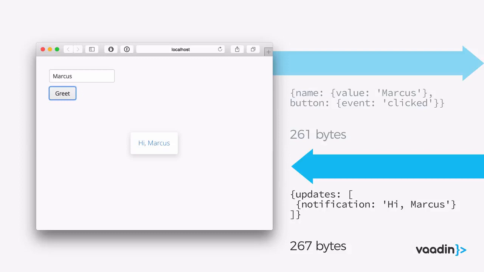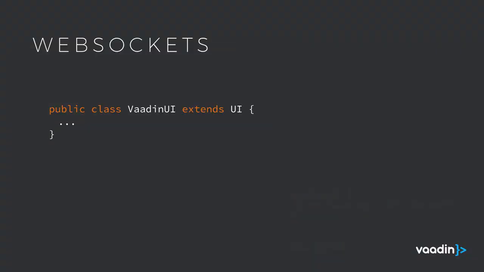We're just sending a small diff of the UI, what has changed since the last time that we called. So we're keeping the communication super lightweight, super efficient, and that way we can keep the UI fast and responsive, and also allow you to not have to deal with the communication. There's another really nice side benefit to us actually centralizing all the communication in the application, and that is that